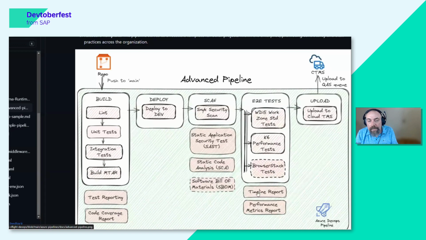And the output here is a timeline report. A timeline report for both the VDI5 and the BrowserStack would either give some screenshots, or it could give a video recording of the end-to-end tests. And like I said before, the performance metrics for the K6 performance test will give us an overview of how well our changes